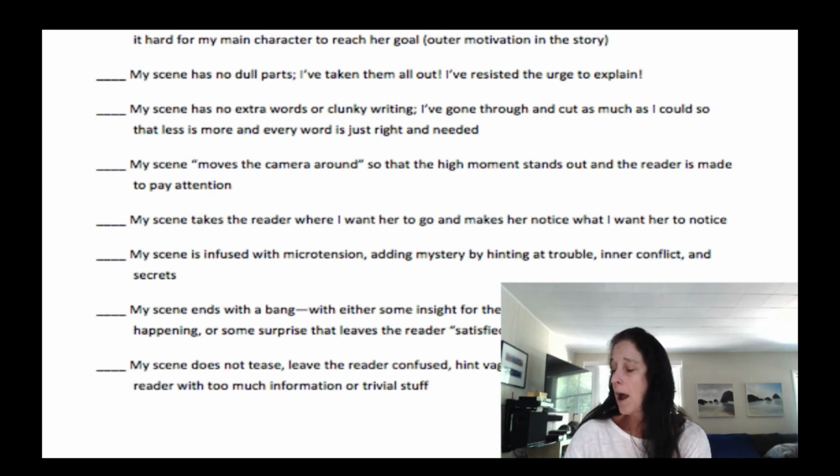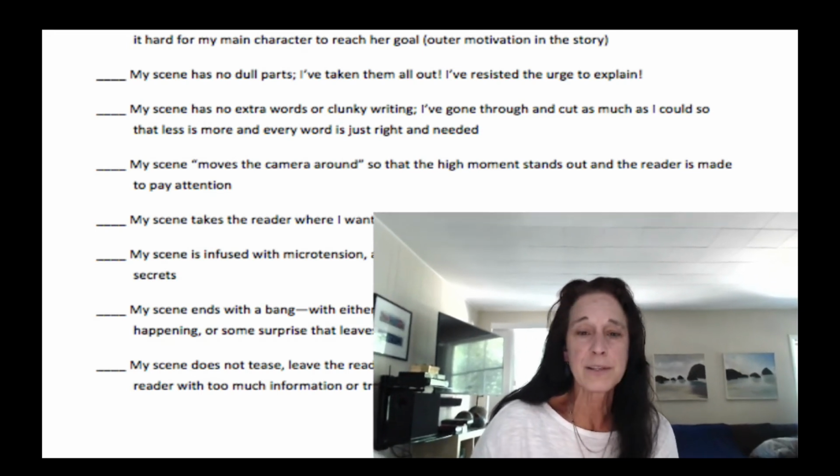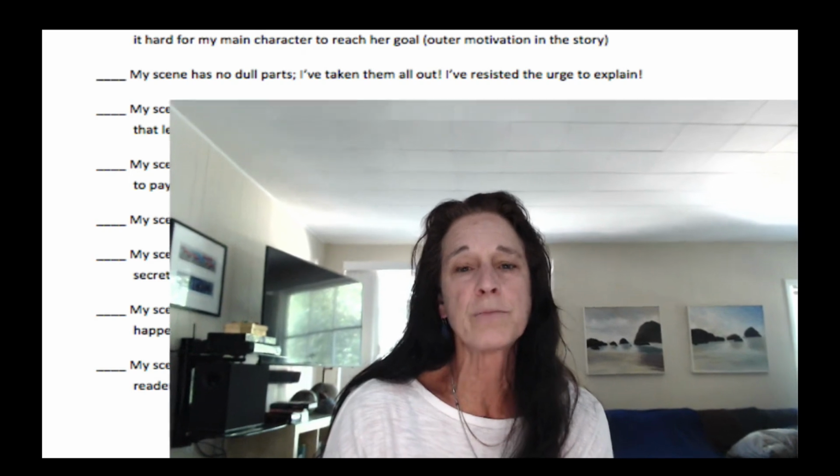So I hope that this session on scene structure is helpful. We kind of jumped around and looked at a lot of different things. I wanted to give you a brief overview of just all the basics. So just to review, scenes are best when they're capsules of time. They're best when they're done in a short period of 15 to 20 minutes for your character.